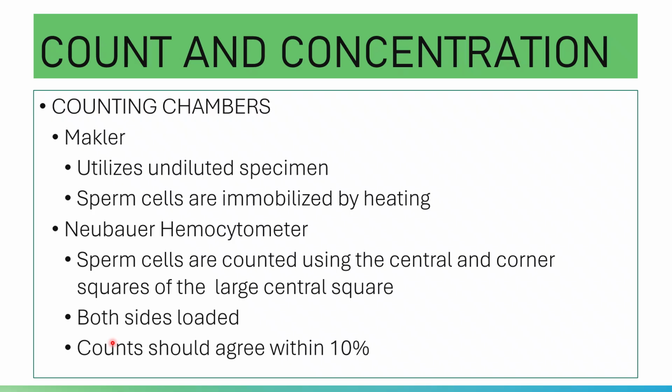Also, you can add crystal violet stain to help in the visualization when using bright field microscopy, because it is easier to count using the phase contrast. It is relatively more difficult to count when using a bright field microscope.